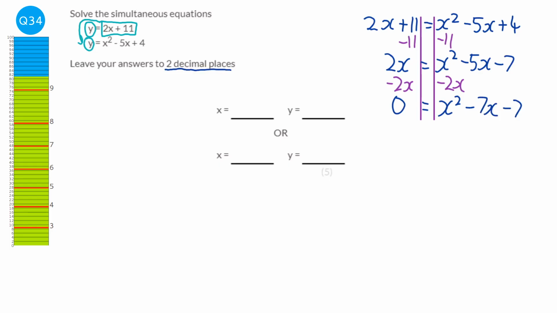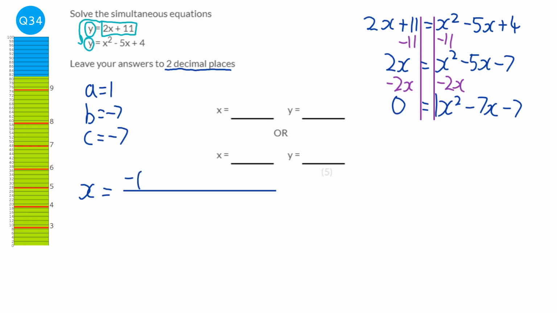Now, we know this is not going to factorise nicely because it asks for 2 decimal places. It's on the calculator paper. Chances are it's going to be the quadratic formula we'll need, which we do. So we've got a equal to the coefficient of the x squared, which is just 1. b equal to the coefficient of the x, which is just minus 7. And then c equal to the number at the end, which is minus 7 also. So we write out the quadratic formula. So x equals